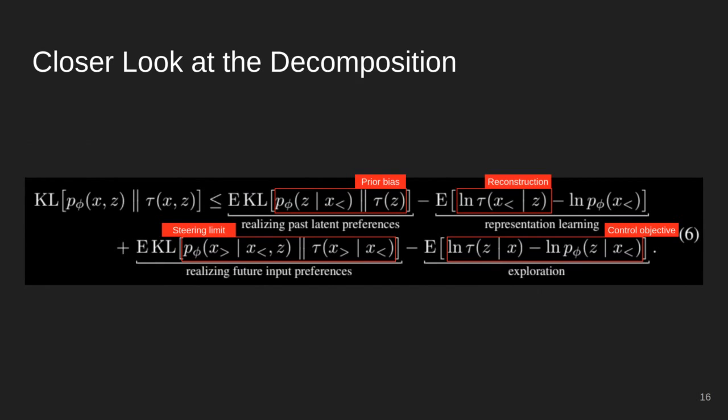But what I can add right now is that even though this control objective, or this exploration term, is supposed to provide a universal way of agents exploring the environment, I think it is still doomed to failure, because anyway, we need to regularize one way or the other. The way that we're regularizing here, for example, if you look at the